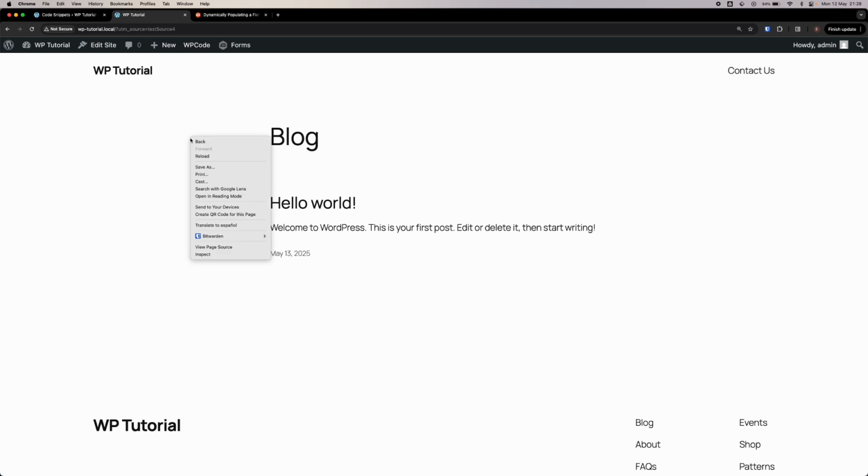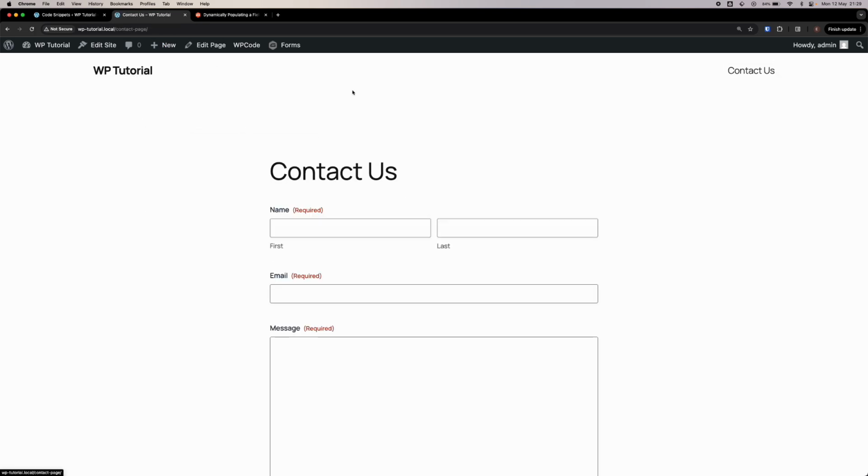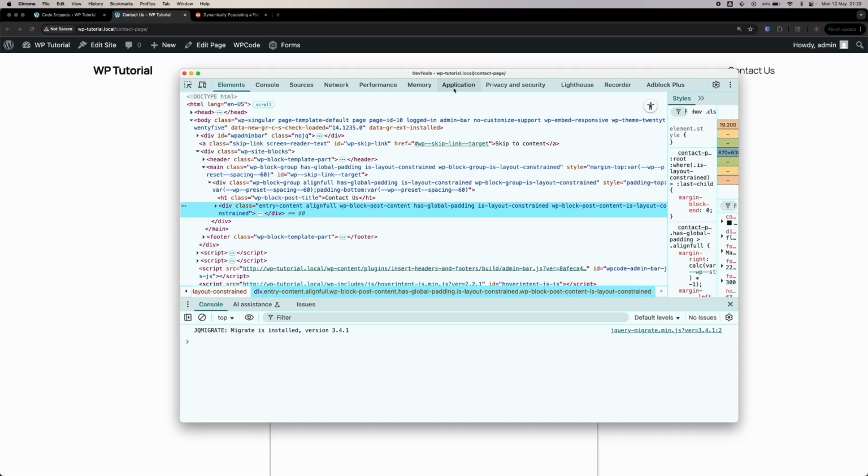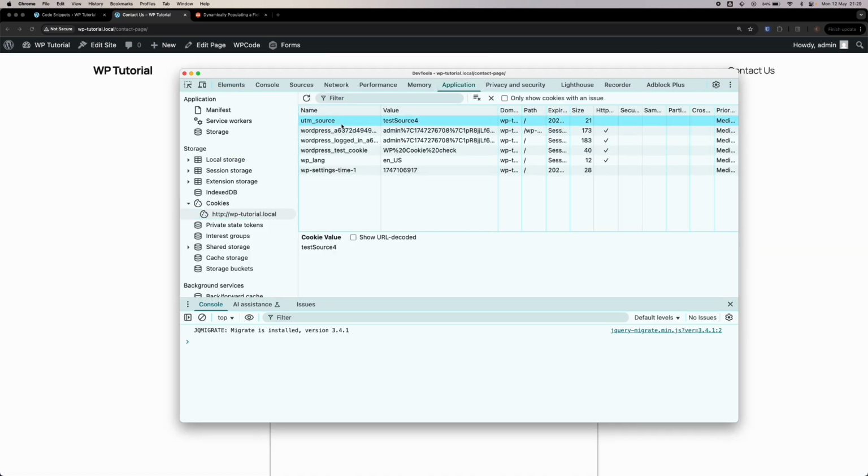Hit save. Then I will navigate to our contact us page. You'll notice we don't have the UTM source in the URL anymore, but if we check our cookies, now we have this new value of test source 4,